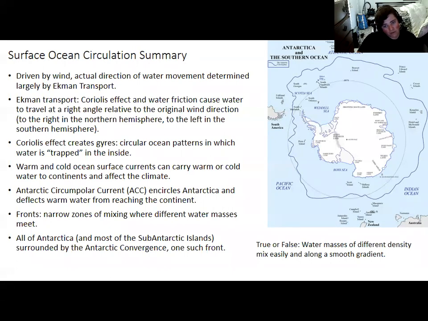And the Antarctic convergence is a good feature to remember because it actually defines Antarctica in many ways better than the Antarctic Circle does. The Antarctic convergence actually surrounds the entire continent and pretty much all of the subantarctic islands. This is not the Antarctic Circle, actually. The Antarctic Circle is another line of latitude that